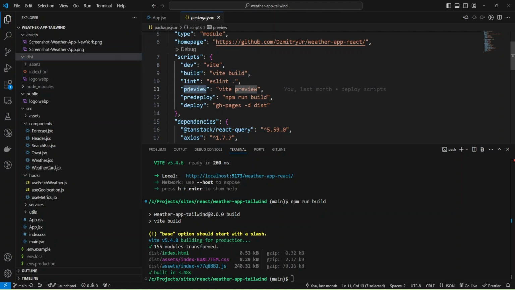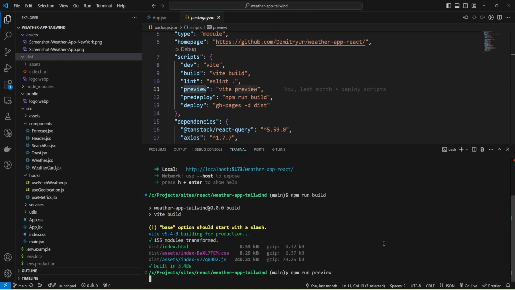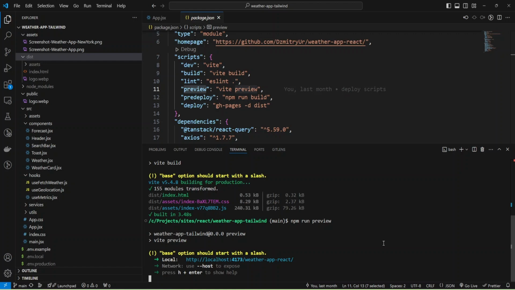Now I can run the preview command, npm run preview, since the project was created with Vite, and now I can run my production build with preview, and I'll copy this URL and open it in an incognito window.